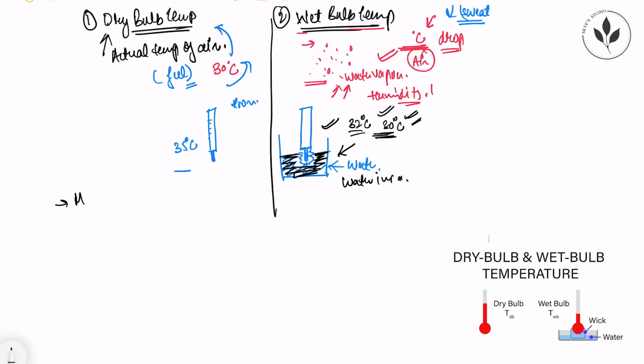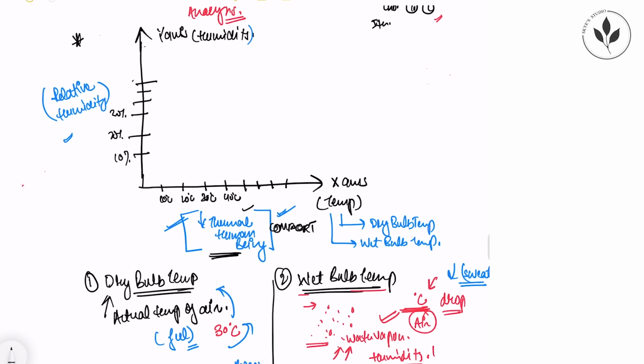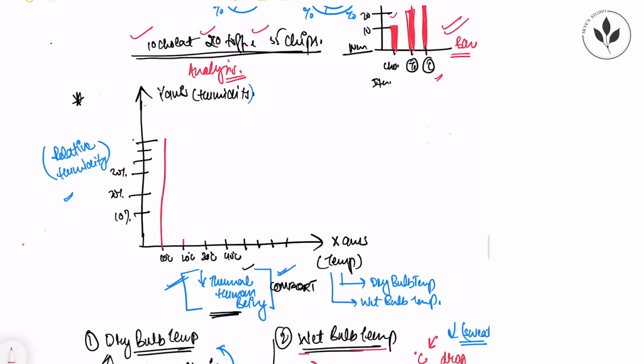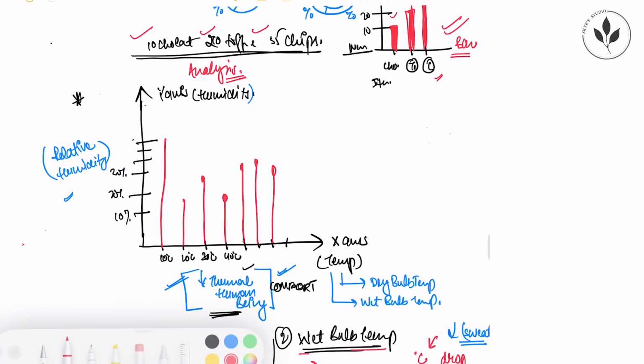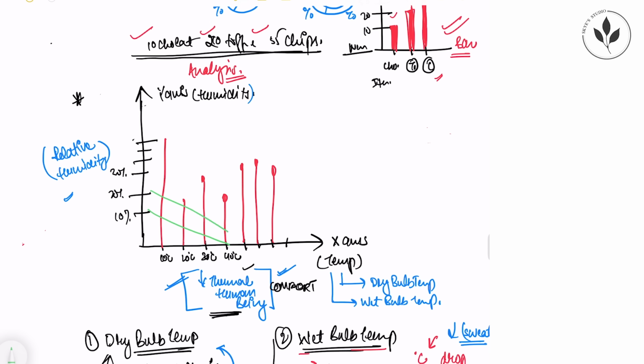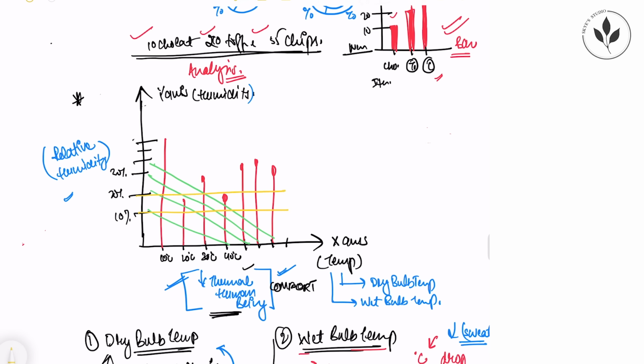And in the psychrometric chart, the dry bulb temperature is actually measured in the vertical direction like this. So if you have certain values, you can show your dry bulb temperature something like this, and the wet bulb temperature goes in the horizontal direction, something like this. And your relative humidity, it goes